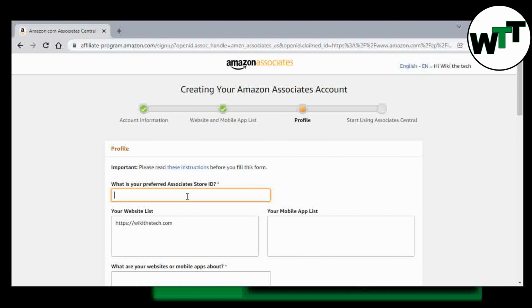What would you prefer to be your associate ID? I would say Wiki the Tech. This is going to help you track your spread Amazon links. While you are going to spread your Amazon link, this will become your tracking ID. So if someone makes a purchase using your associate link, that will help you a lot, and you will get commission